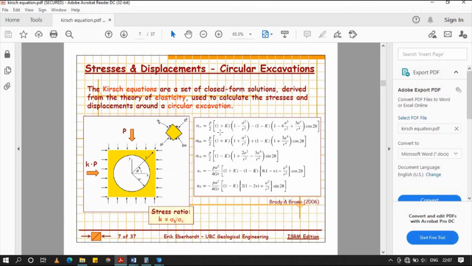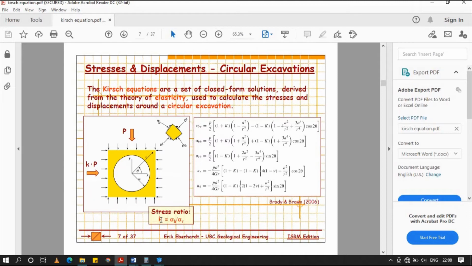This is the radial stress, this is the tangential stress, this is the shear stress, and these are displacements in radial and tangential directions. Here we're going to find stress at the periphery, at the boundary of the opening. So when r is equal to a, sigma theta gets reduced and sigma rr becomes 0.